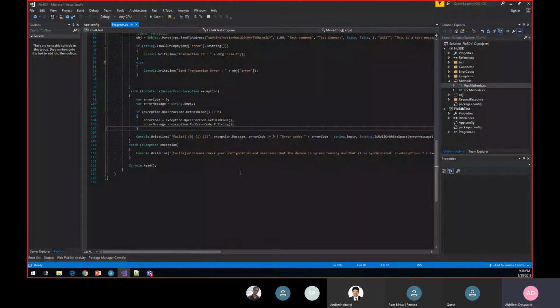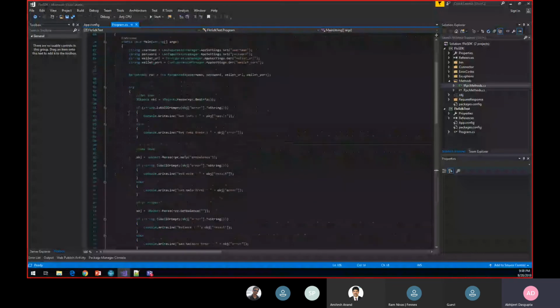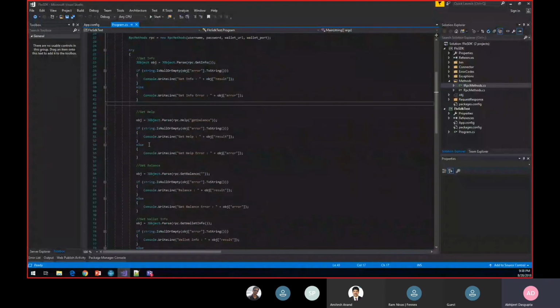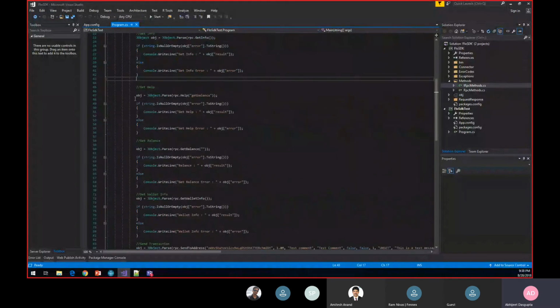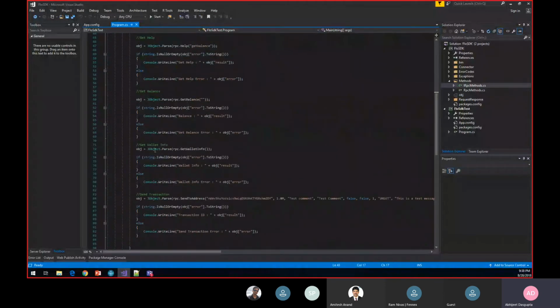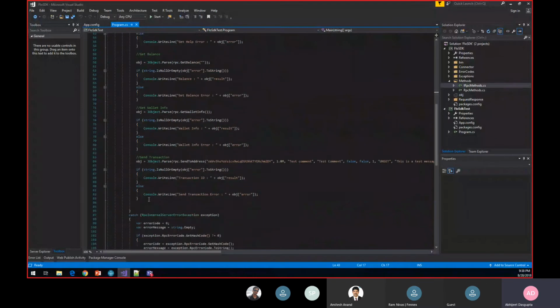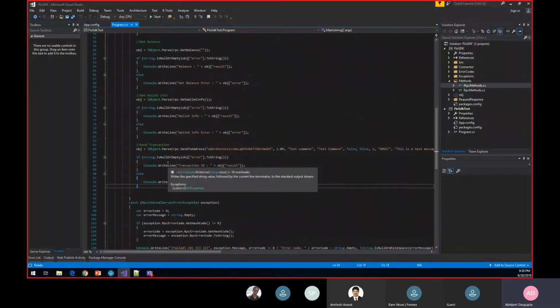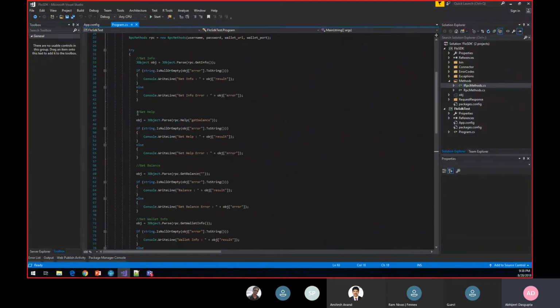For production applications, you can handle these exceptions and perform the logic as per the exceptions received, if there are any. So we'll just have a look at how these applications work with just a few lines of code by calling the RPC methods using the SDK. In this repository, I have called a few of the RPC commands. For the first demo, I'll call the getInfo